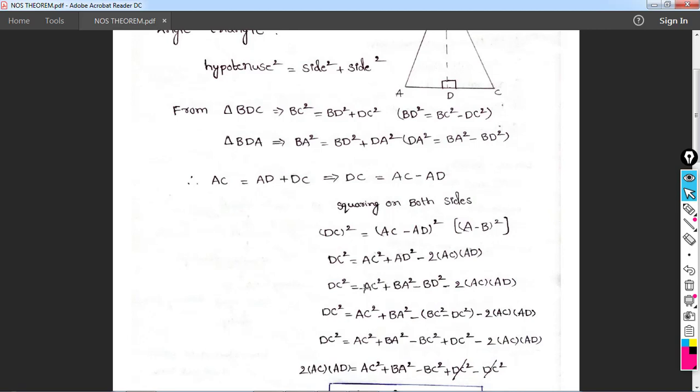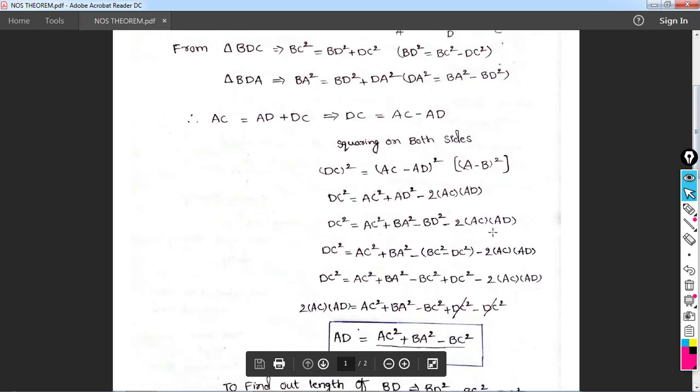We know the AD square value, so substitute it in this equation: instead of AD square, BA square minus BD square, minus 2 AC and AD. Again substitute the value of BD square, that is BC square minus DC square. So after substituting,